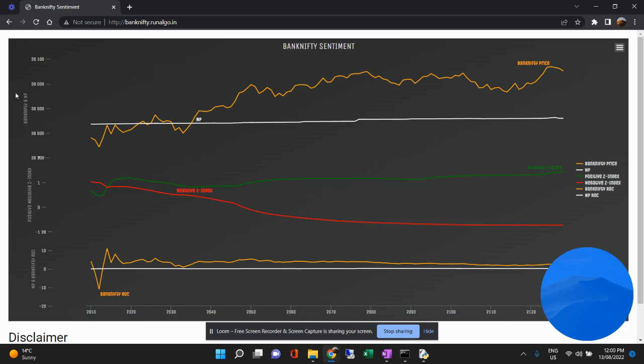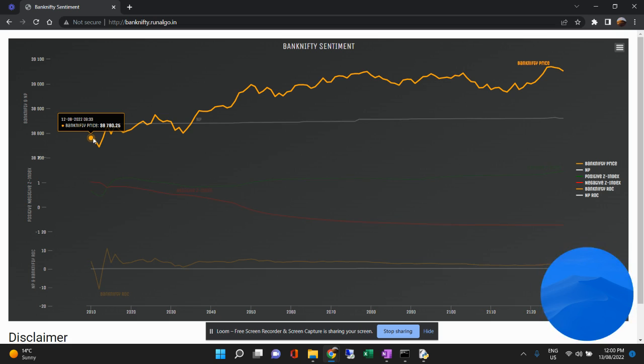It has three parts to it. One is Bank Nifty and neutral point. The second part is positive negative Z index, and the third part is neutral point and Bank Nifty rate of change. The first part, Bank Nifty and neutral point, shows you the Bank Nifty price against the neutral point. Neutral point is basically a line